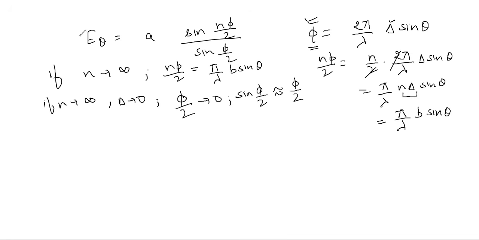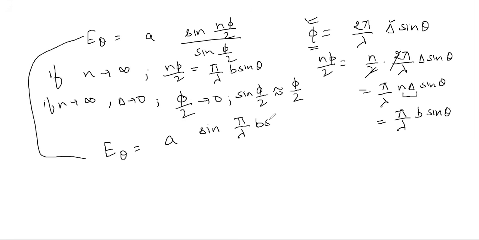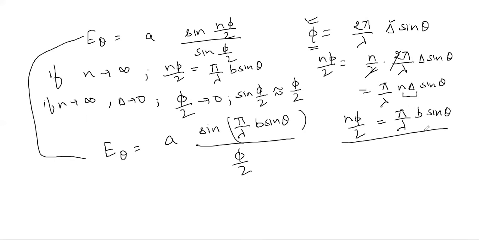So that means I can say that this expression is nothing but E theta A sin n phi by 2 ... की आप यहाँ से वैल्यू प्लग कर दीजिए, B sin theta phi by 2, डिनोमिनेटर में आपका phi by 2 आ गया, राइट? phi by 2 की आप फिर से यहाँ पे वैल्यू प्लग इन कर दीजिए इस वाले एक्सप्रेशन से. If this is n phi by 2, that means your phi by 2 is pi over lambda B over n sin theta,